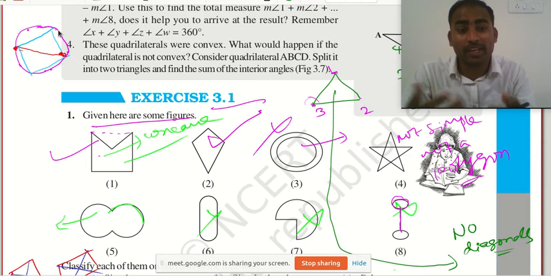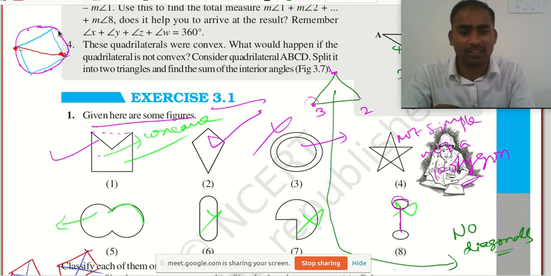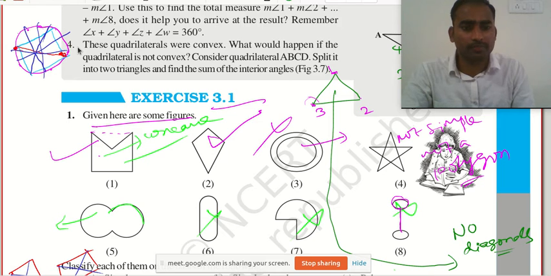So how many diagonals are there for a circle? That is the next question. Infinity. Yes, definitely, brother. This is also one diagonal. This is also another. Like this, you can draw. Understood? More than one diagonal is there for a circle.